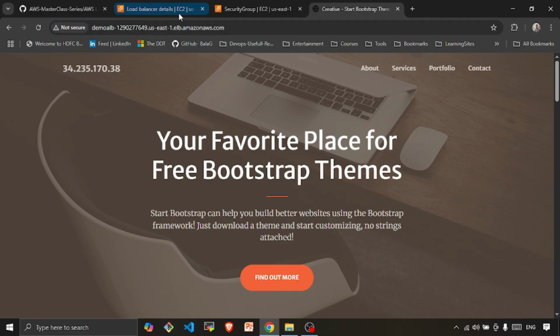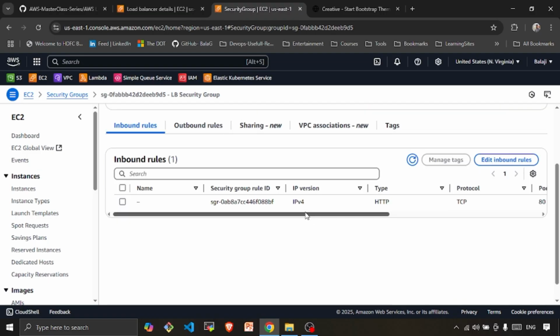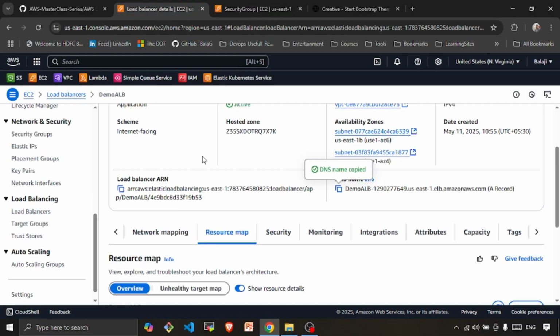And if you want to take a look at the load balancer security group, this is it. I just enabled a port 80 inbound rule. This is the security group I have used on our load balancer. With this, our demo is